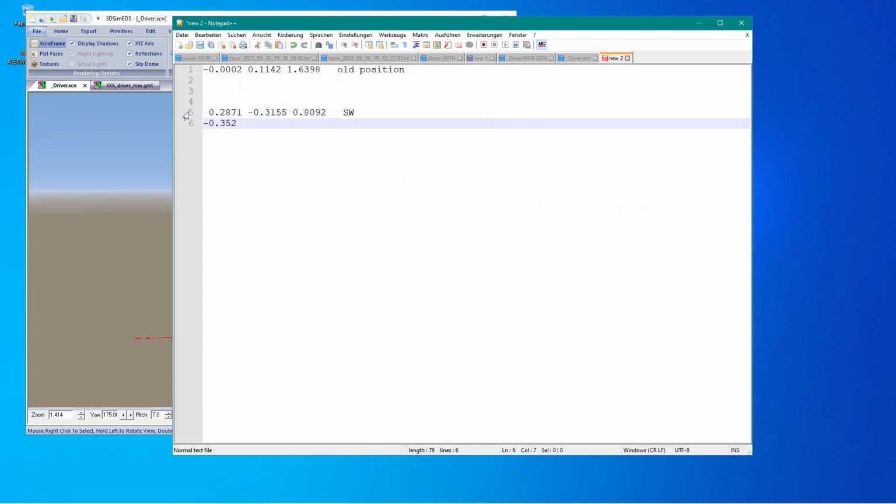So we can add those two values to get the total amount by which the mesh must be moved. So we add these two values. Okay, I copy that from here